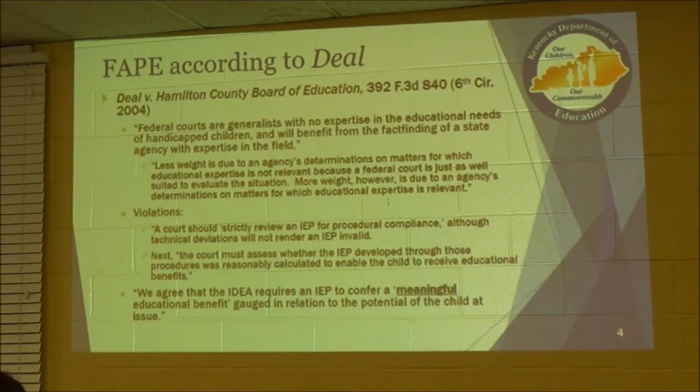But here's the important language that we take away from Deal. The court said, we agree that the IDEA requires the IEP to confer a meaningful educational benefit gauged in relation to the potential of the child at issue. So that's more than that very bare minimum standard that the Rowley court set. Here we've got meaningful educational benefit. And that's been in place in Kentucky since 2004. You'll see that's a 2004 decision. So then we move along to